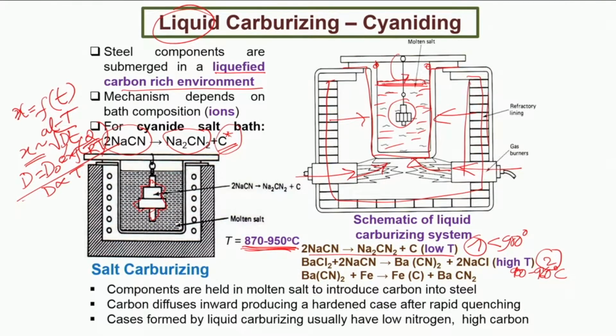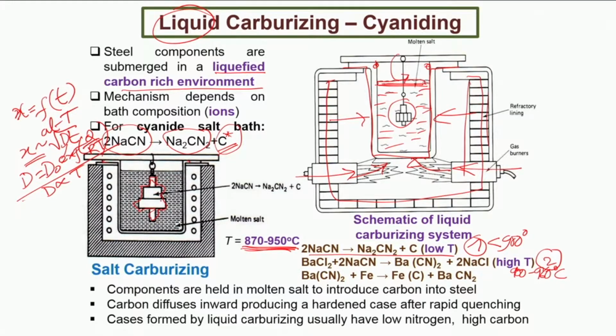So it is for this reason that when we do solid state carburizing, we have to pack with a sufficient amount of graphite or activated charcoal, which should take care of the oxygen present in the atmosphere and then convert this into carbon dioxide. In case of liquid state processing, that kind of difficulty or worry does not arise, because this is immersed in a molten bath of salt with very little scope of oxygen ingress from outside. First of all, this is closed, this is sealed here, and moreover there is very little solubility of oxygen in